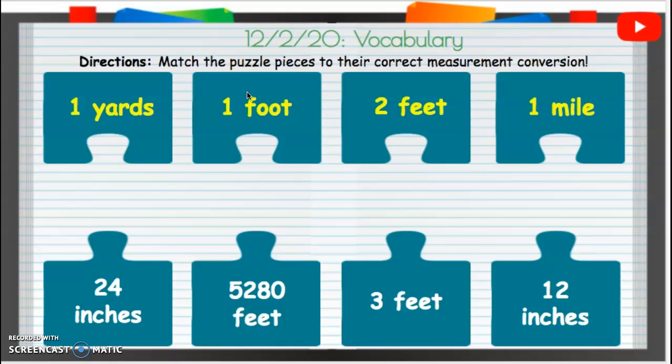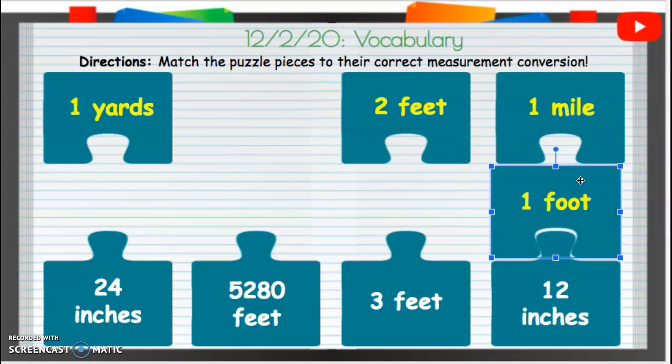1 foot is 12 inches, right? So one ruler, 1 foot long, is 12 inches. So I'm going to take my puzzle piece here, and I'm going to drag it up here. Perfect. All right, now, if 1 foot is 12 inches, then how many